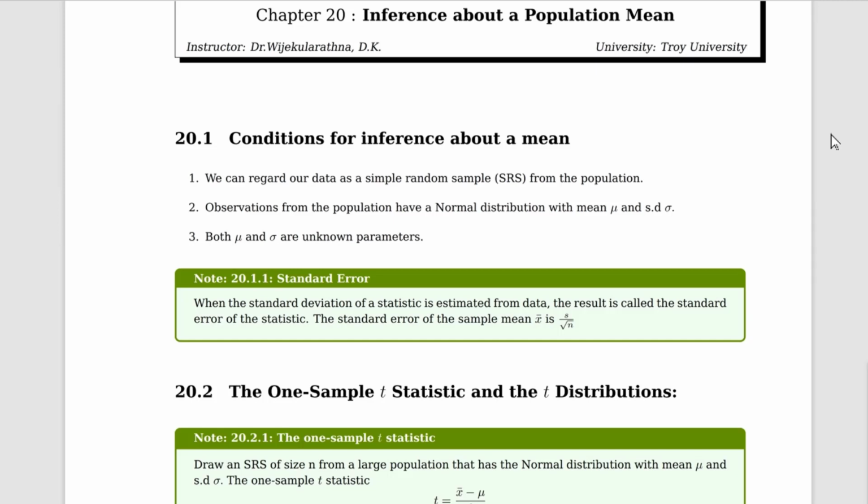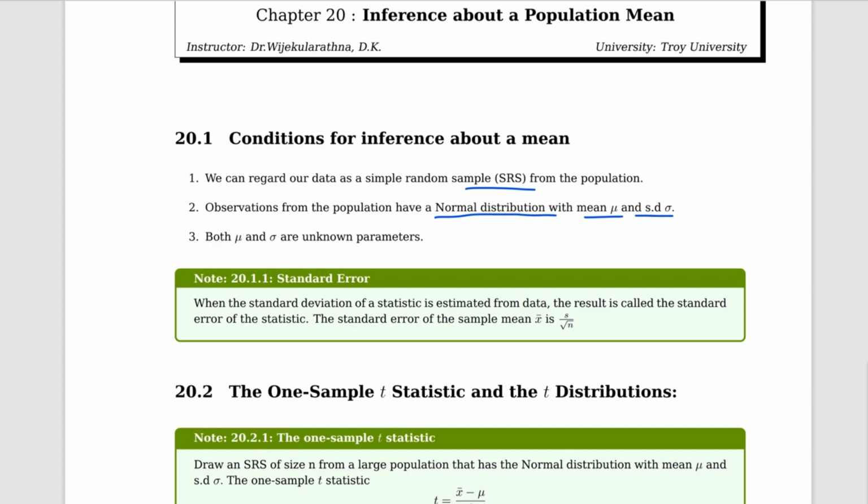On chapter 20, Inference about a population mean. This is the similar thing we discussed in chapter 17. We can say the same but with little changes. You see the assumptions. We do assume we have a simple random sample and it has a normal distribution with mean mu